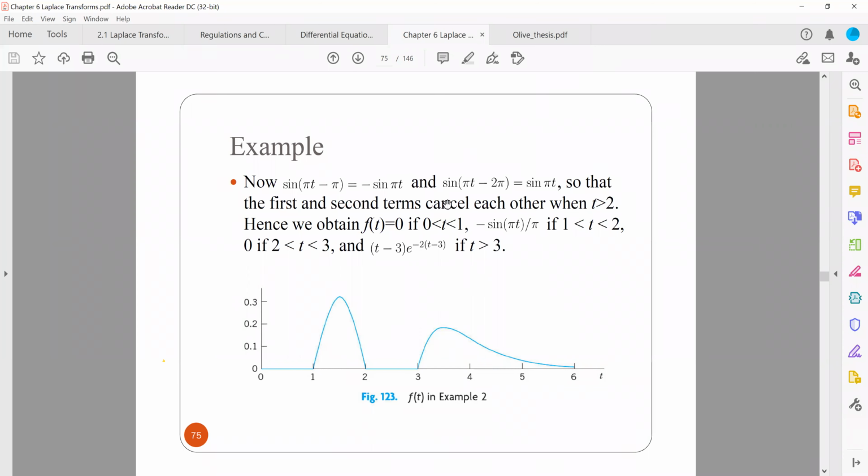That's what this means. Then if you have sine pi t, any number minus 2 pi is going to be the same number. So sine of pi t minus 2 pi is equal to sine pi t. So when you add them up, this and this will cancel out. So what you end up with is that